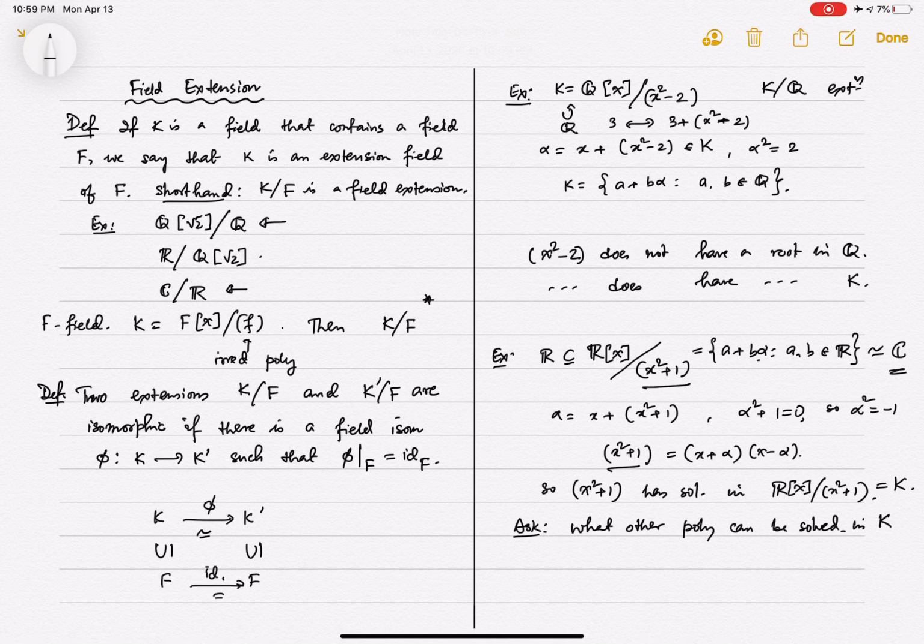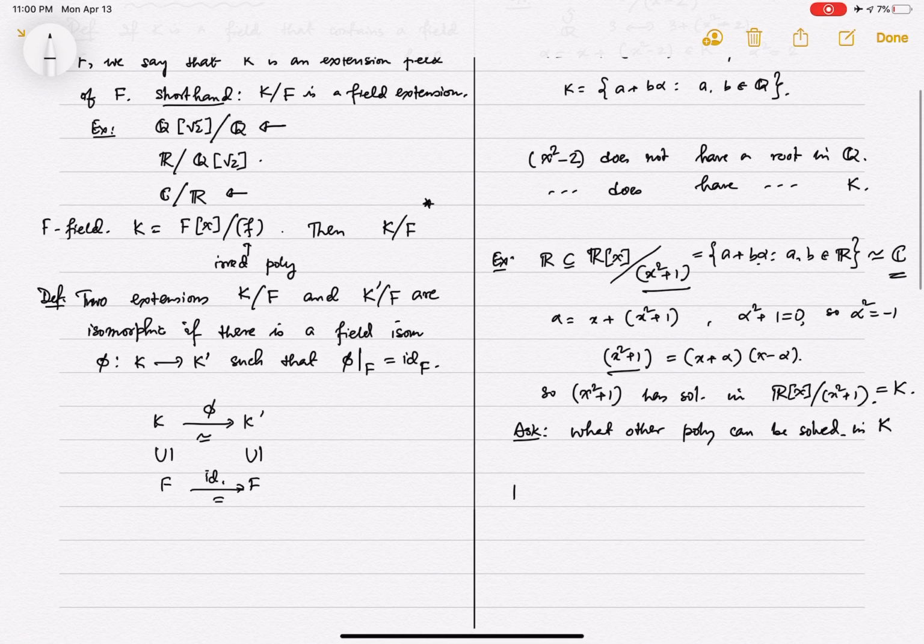In this example, K is really the complex numbers. Then in this case, we have the most wonderful theorem, called the fundamental theorem of algebra. And it says that once you do this, every polynomial with real coefficients, in fact every polynomial with coefficients in K,